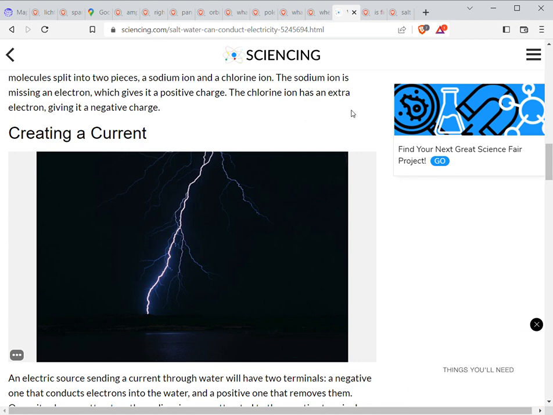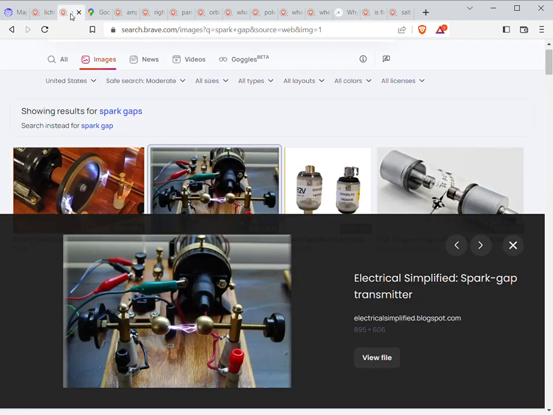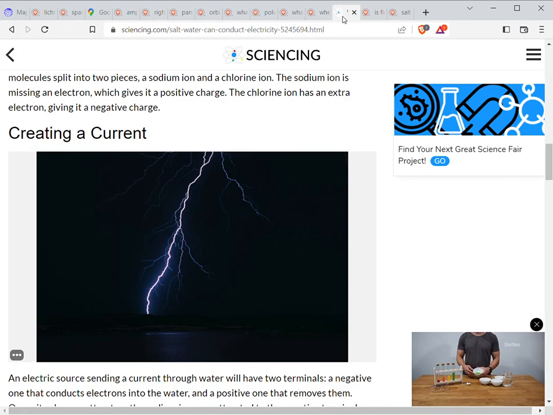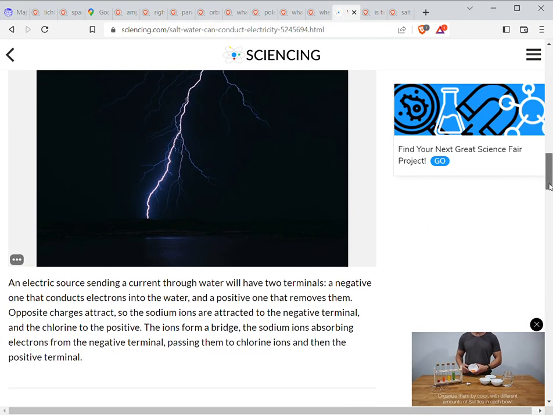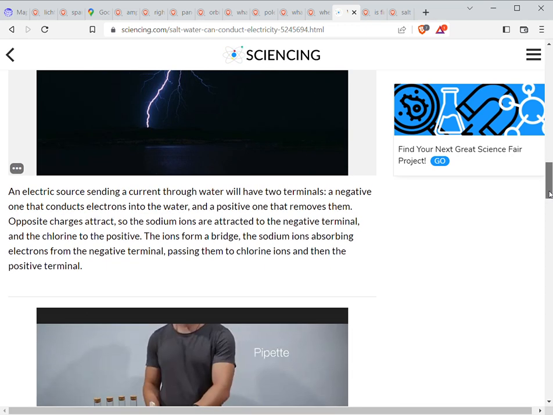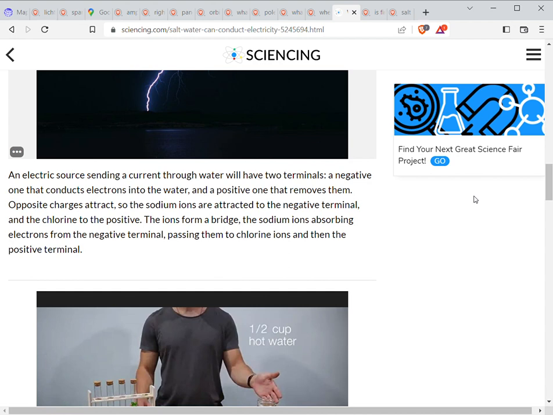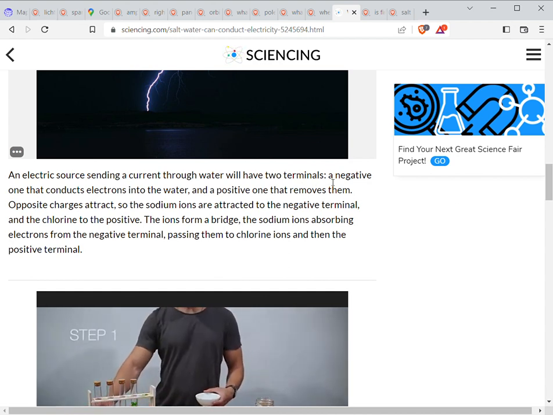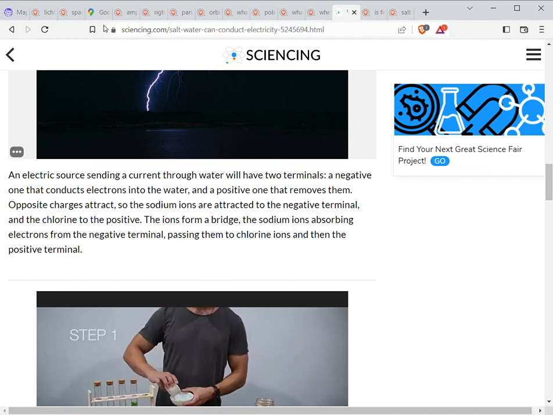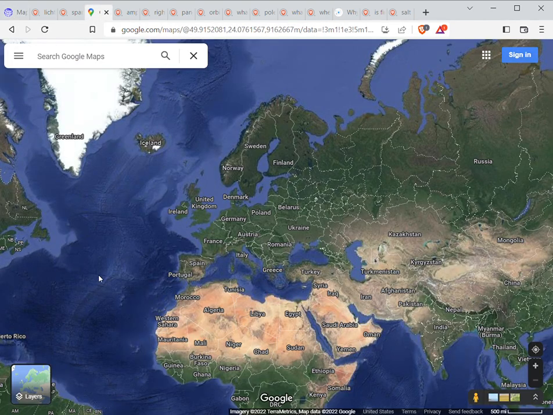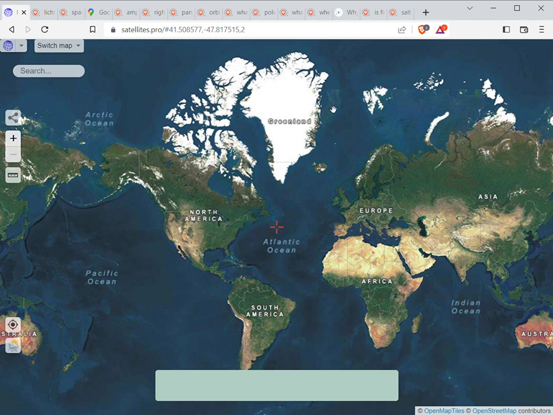But also what's happening here, you have a distance where the electricity wants to flow, but if you don't have something in between, if this is resistive, it's going to stop the flow of the current. There's nothing to conduct the flow properly. But if you have a salt bridge, that's what we're learning about, you can actually bridge the gap. They talk about you have two terminals, a negative and a positive, and then you go over to the earth, come over here, scroll out, and that's what you got.